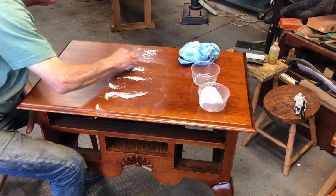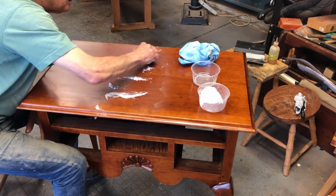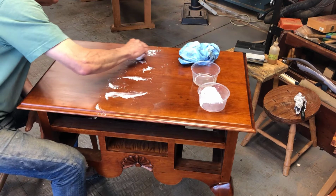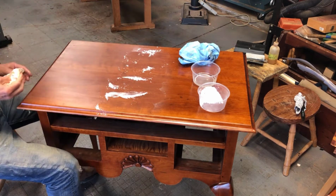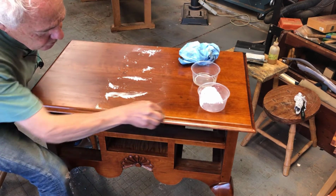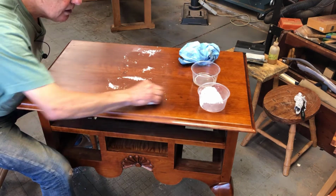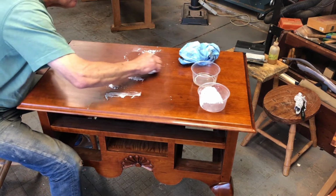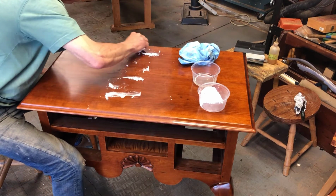I'm not sure that you can see that much difference from the camera, but this is working quite well. I do all the surfaces with this, and then I've got to get the oil and the pumice off,